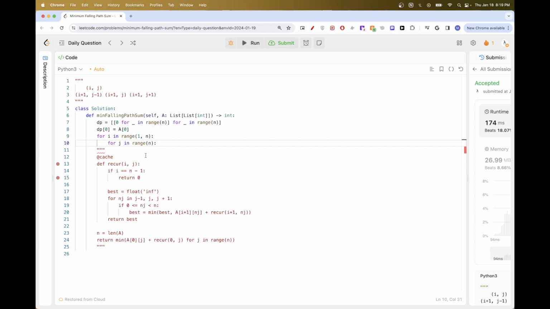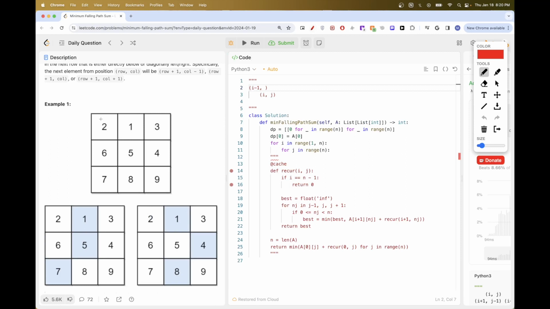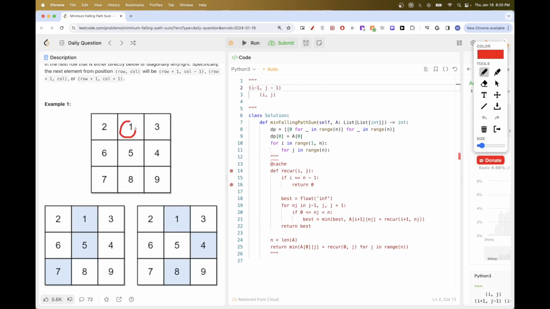We'll need to check. So basically, what do I mean by this? For each ij here, it's a little bit of the inverse. What is the result we get for ij? Well, we get to this ij from the previous row, I minus 1. And maybe we came from the right diagonal, right? So maybe we were here, maybe this is 5, and we came from here. Now, if we came from this 2, then it's actually I minus 1, j minus 1. Or maybe we came from 1. Okay, if we came from 1, then that's just ij,